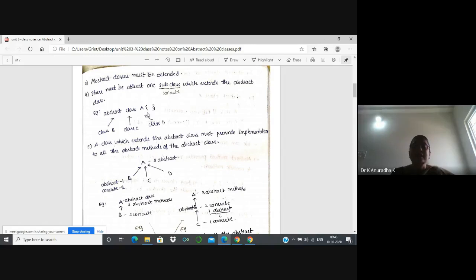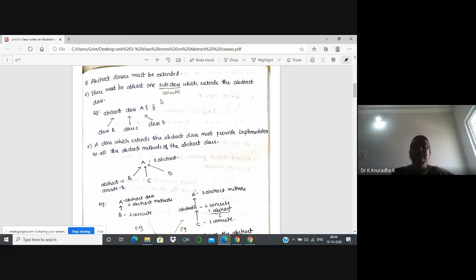So what is the advantage of writing an abstract method in an abstract class? Here we are giving only the method name. Okay, but for that method, these three classes will provide implementation in their own way. That's why abstract methods will provide more shareability when compared to concrete methods.